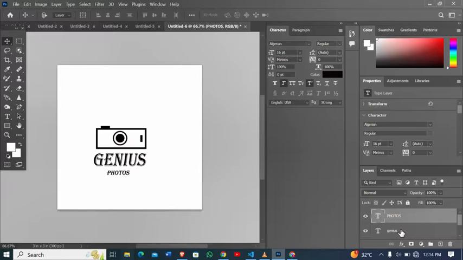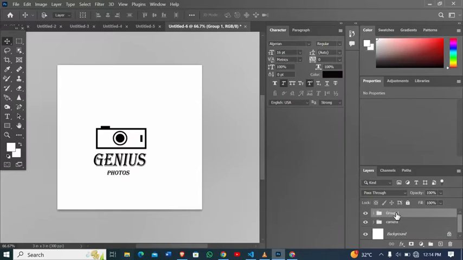So now we are done. I'm going to put the text together. So Photos and Genius, we hold control, then you click on G to group them. So I'm going to call them as text. So now you are done with this one. So the next thing is I want to provide the color for all my images. So I'm going to click on all these images and also select all of them and group it as my logo. So I'm going to call it as logo,